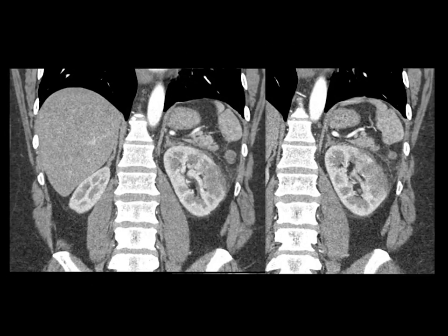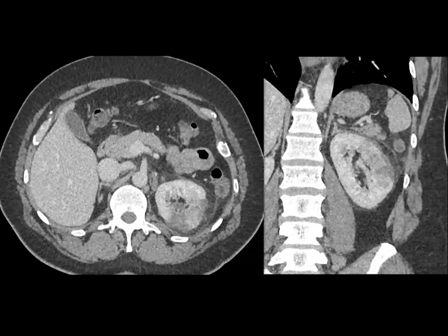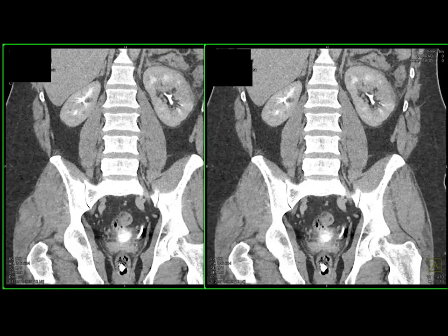And here's another nice example where you can see the changes not only in the kidney but in the perirenal and pararenal space. I show you the coronals because sometimes it's hard to appreciate perfusion changes in the kidneys on axials. The coronal works very nicely, and you can see the coronal in these two examples really nicely showing you